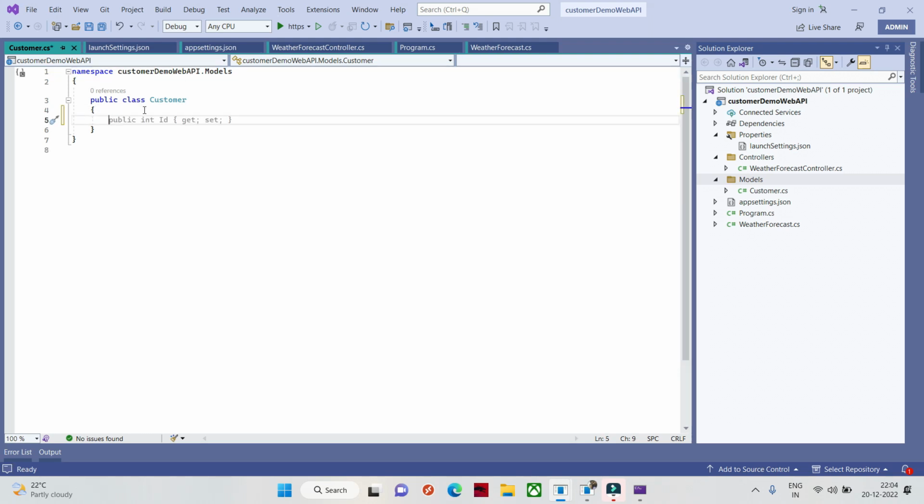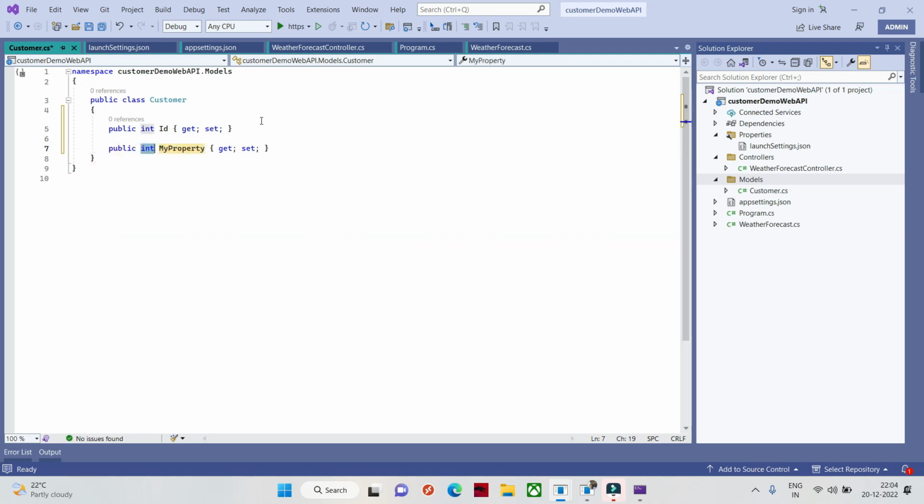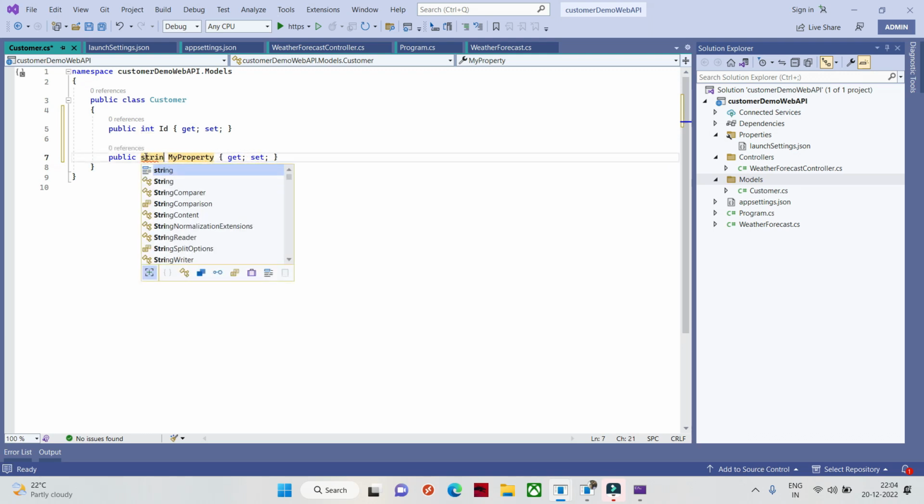So you can see one more feature here, right? This is IntelliSense available in the latest Visual Studio version. So you can just hit tab, it will create this, and if you don't need it, you can type on it. So let me just type prop tab. It's a shortcut for the property. So I need string first name, let's say,